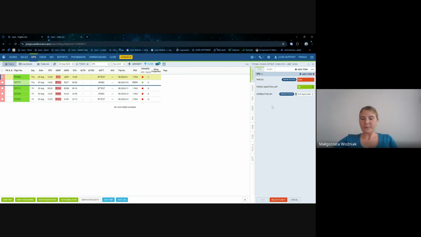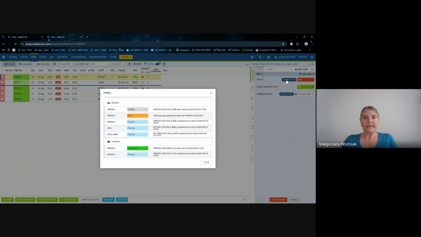So the first position is for PNR and API messages. This is the general status of all the messages. Here we can see error. It means that there is a problem with one of the messages. After clicking on show status, you can see exactly for which country and with which message there was a problem. And you can see this is a flight between Lithuania and